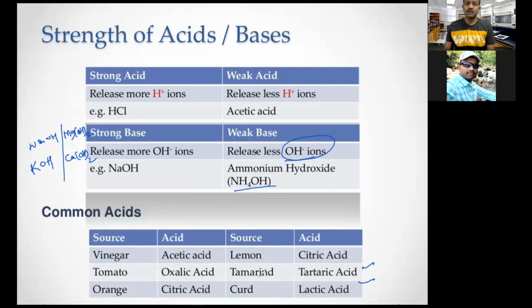Already we know all these things. Already we have tasted these also. Okay. So vinegar is acidic. Vinegar means that is acetic acid. The acetic acid formula is CH3COOH, right? Which is present in vinegar. Tomato, in tomato, it consists of oxalic acid. Oxalic acid means COOH. Okay, this is oxalic acid. So orange and lemon consist of citric acid. Tamarind consists of tartaric acid. Curd consists of lactic acid. Okay. Now